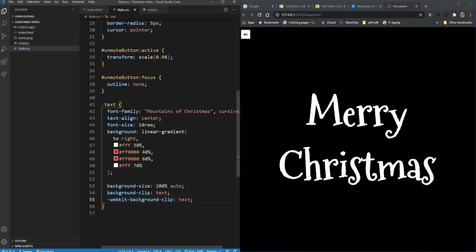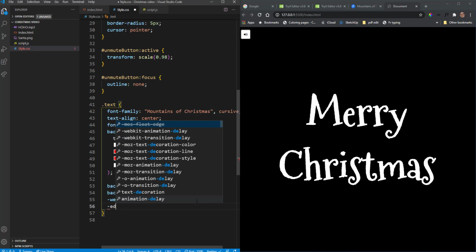Now, what that does is, the background that we had, it's just going to set that background to the text. To see that, we need to set the WebKit